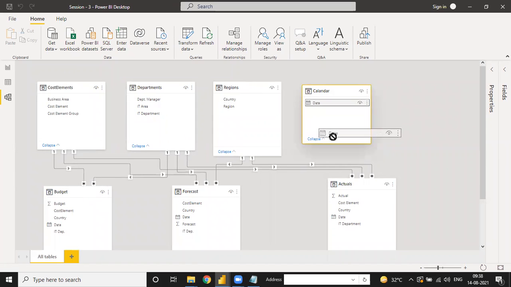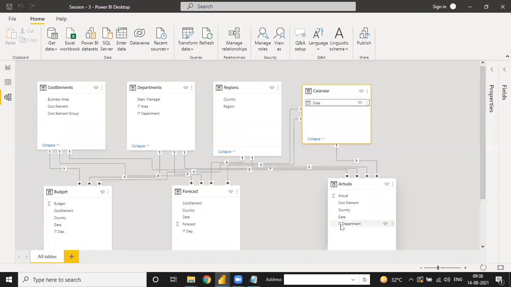Same thing: select date to date. The second is date to date, and the third file is also date to date. Now our complete relationship table is ready to make our visualization chart.